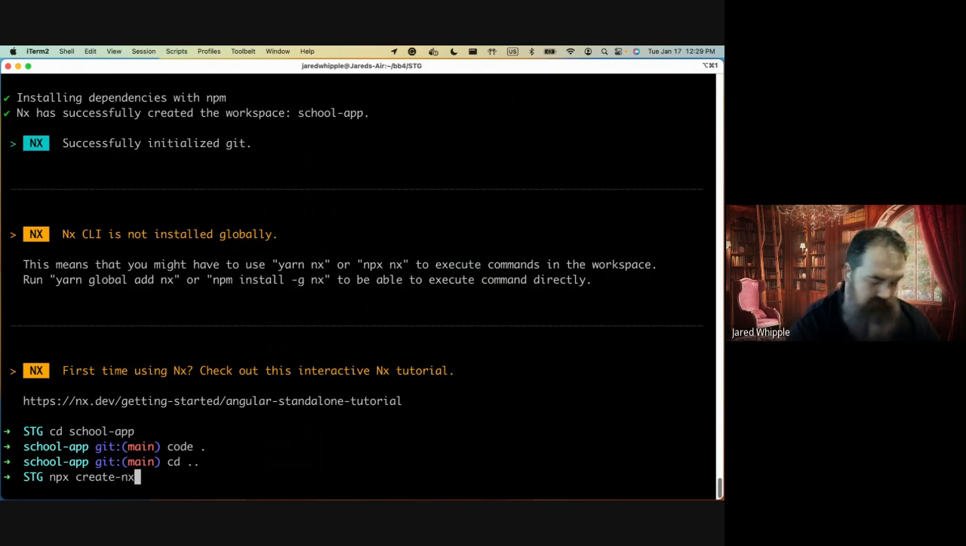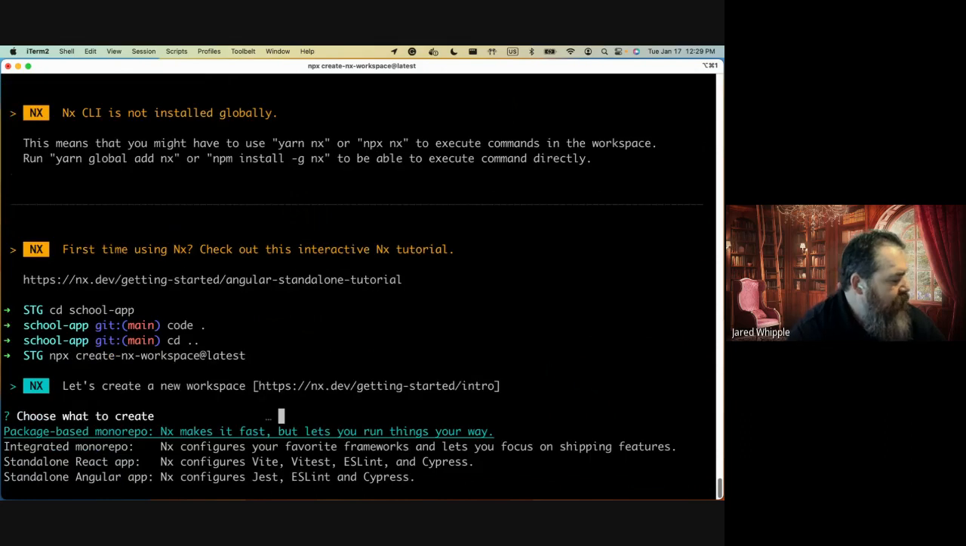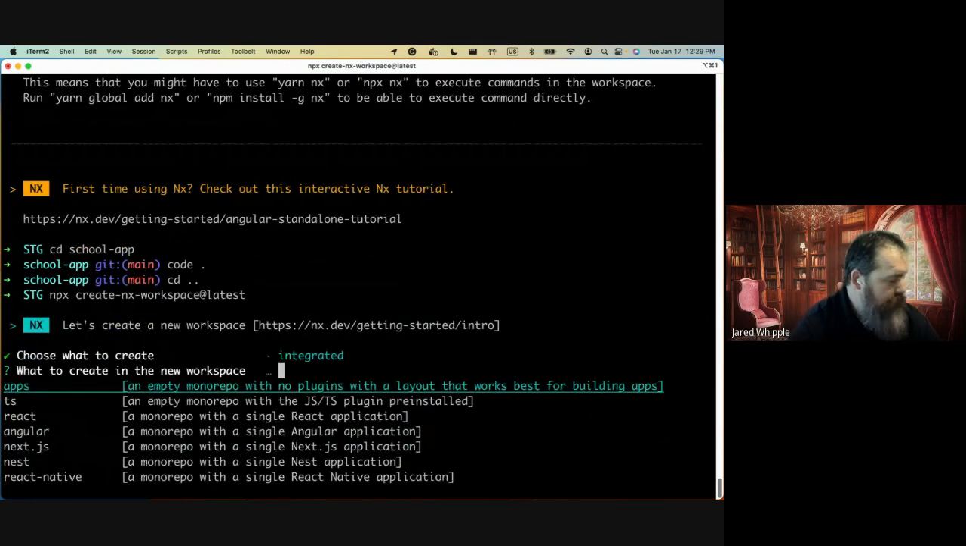So we do an npx create-nx-workspace at latest, and we just get the same options as far as being able to create an integrated monorepo. There are, with Nx, multiple options as far as what it has with pre-built integrated monorepos. The Nest